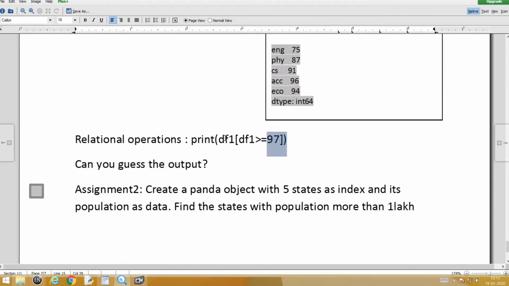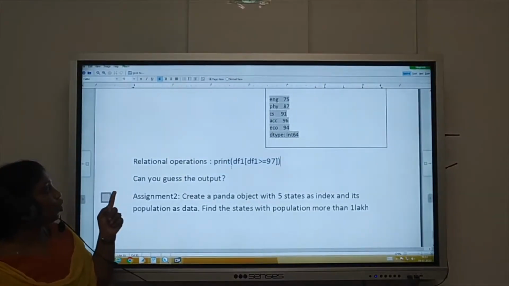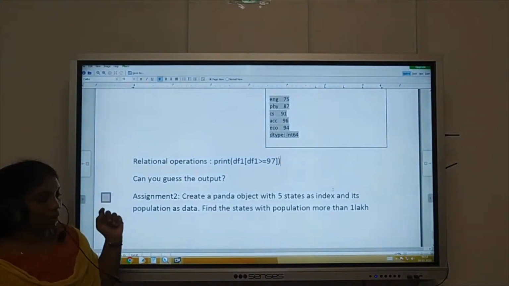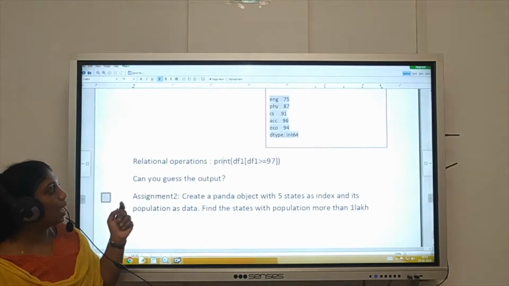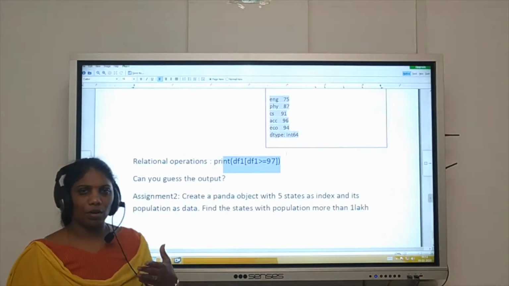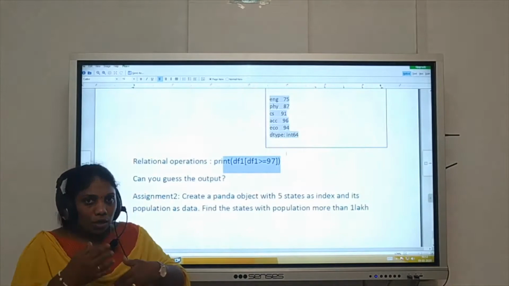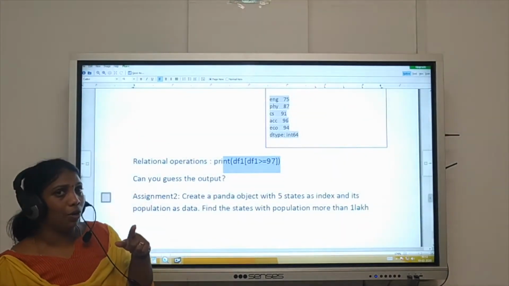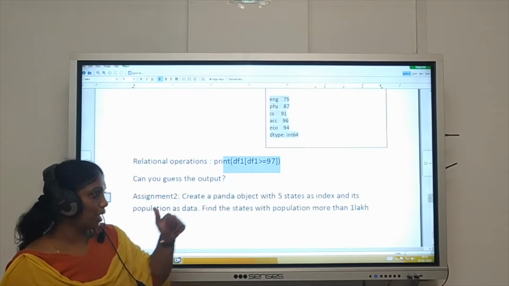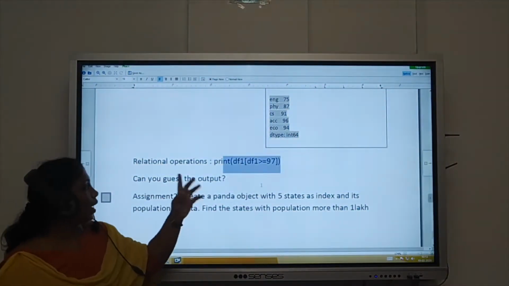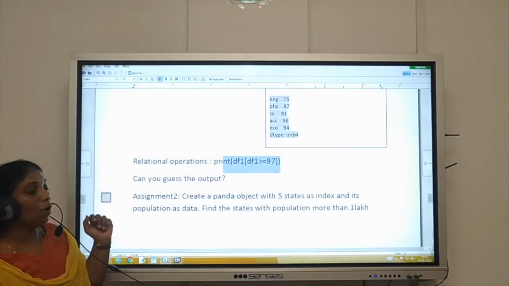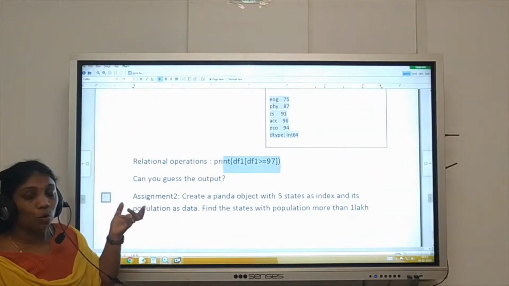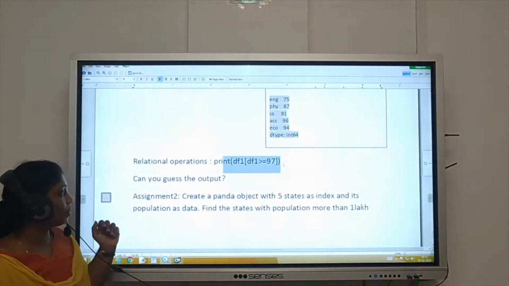So you can give any such condition without any loop or anything. That completes relational operators and vectorized operations. Remember, like this, I can give any such relational operator and get a value. So check out how this comes. This is somewhat similar to Boolean indexing in NumPy, isn't it? It looks the very same. So you can complete it by checking the other output questions which I am planning to give as an assignment.